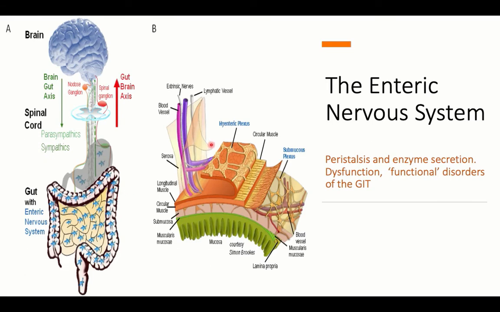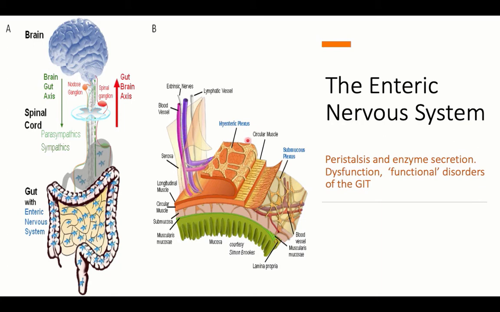Nerve supply of the small intestine involves the enteric nervous system. The enteric nervous system is formed by an axis between the brain and the GIT. It's called the gut-brain axis, with nerve fibers supplying the intestine. We have here